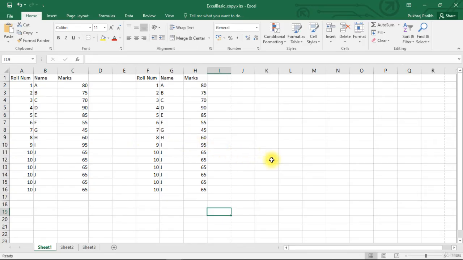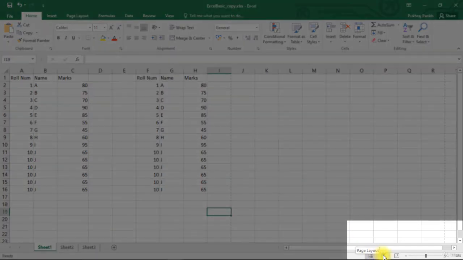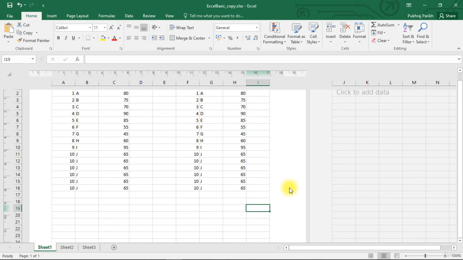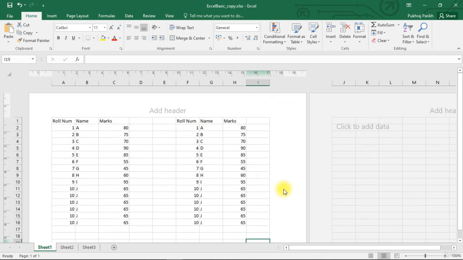In our workbook, there are three view options: Normal, Page Layout and Page Break View. Normal is the default view. Page Layout shows individual pages and Page Break View allows us to adjust the page breaks. Let's first change the view to Page Layout and discuss this view. You can see that the worksheets are divided into pages, and now you can visualize your printed output while you work on your worksheet.